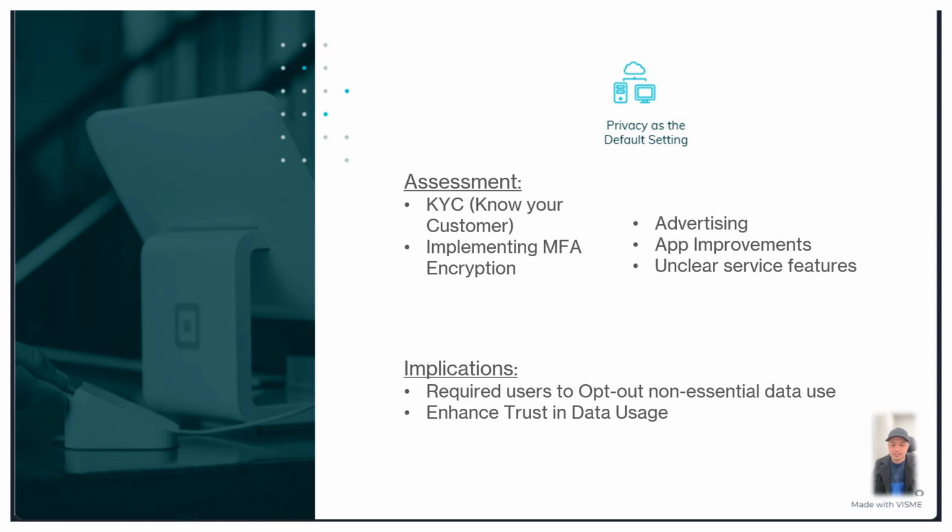What are the implications? GCash's technical security measures are strong, but requiring users to opt out on non-essential data uses weakens its PBD compliance. Introducing opt-in consent for advertising or limiting data collection for optional features would be better aligned with PBD principles and build greater user trust, especially in a market wary of data misuse.